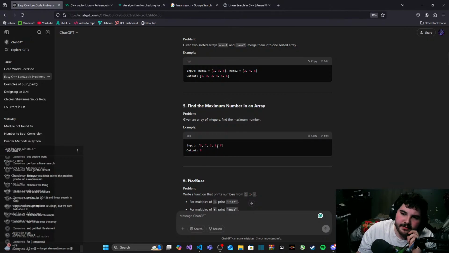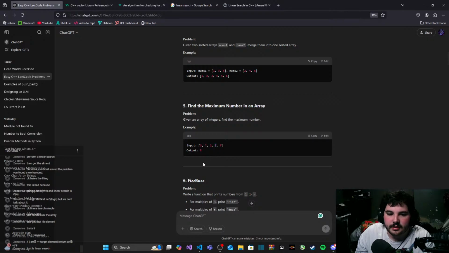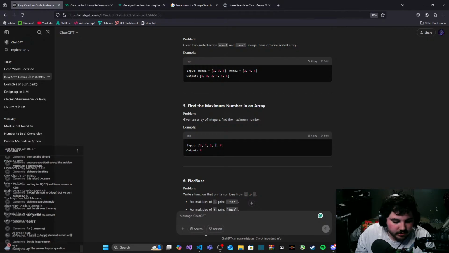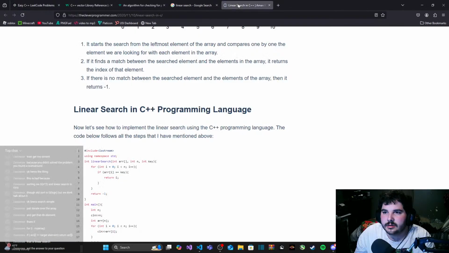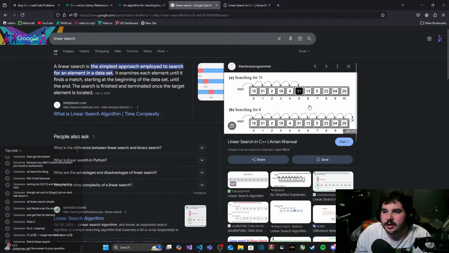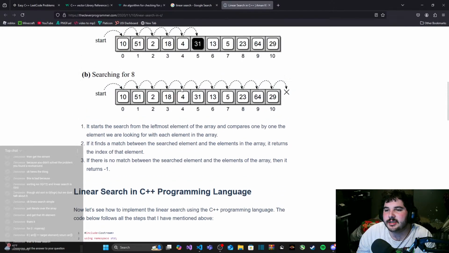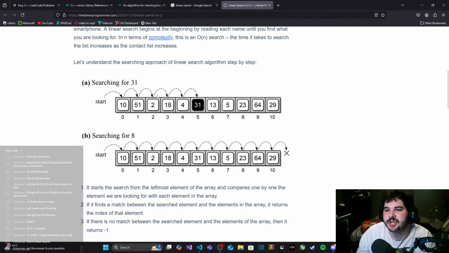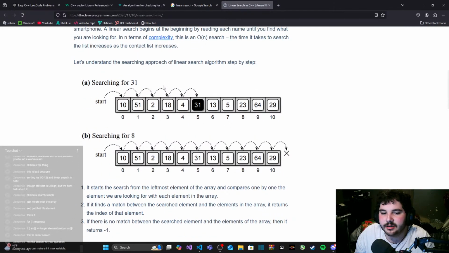So I wouldn't have a target. I'd have to find 8. That is linear search. Okay. Oh, okay. I mean, yeah, I've used that before. I didn't realize it actually had a name. I thought it was just simply iterating and then checking every value and comparing it.